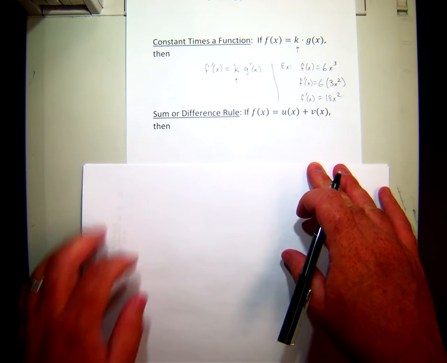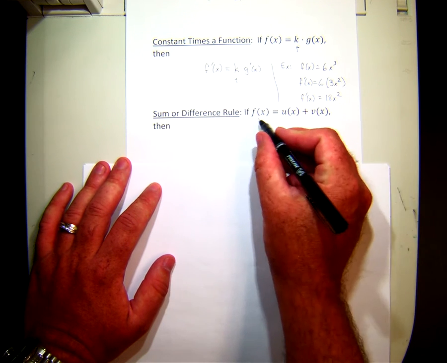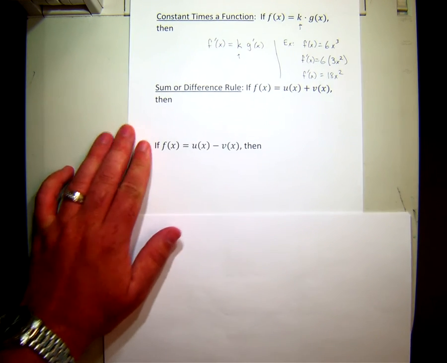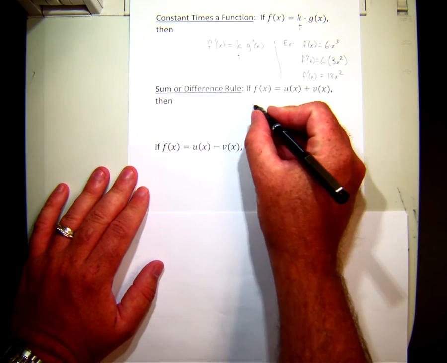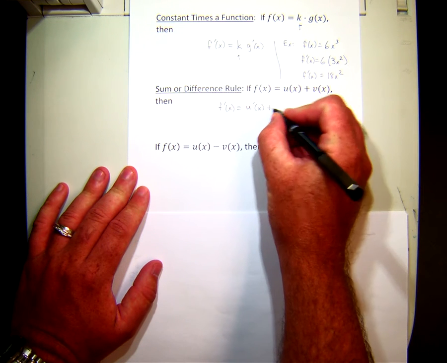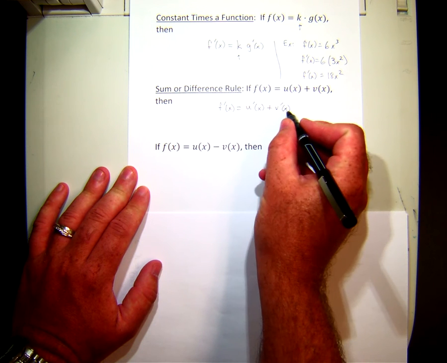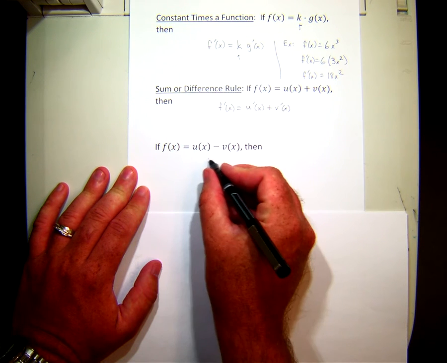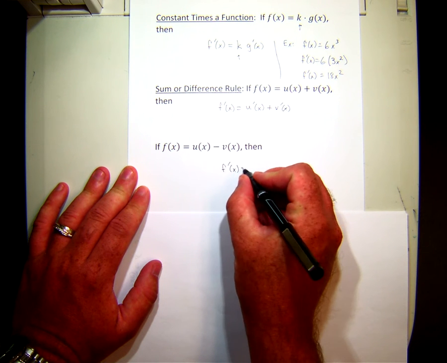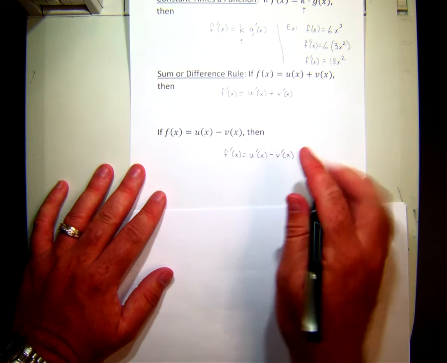Sum or difference rule. This is a good rule to know, but it's not that difficult to understand. If f of x equals two functions that are added or subtracted, then the derivative, you just take the derivative of everything you see. Then f prime of x equals u prime of x plus v prime of x. If f of x equals the difference, u of x minus v of x, then f prime of x equals u prime of x minus v prime of x. So an example,